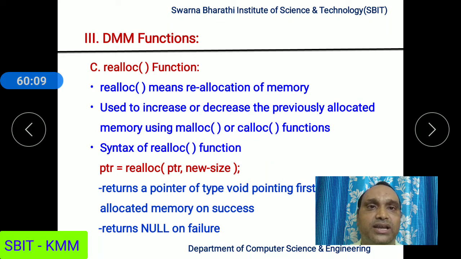Realloc function means reallocation. Realloc means allocation of memory. Means the memory space allocated by either malloc function or calloc function can be modified by using realloc function. Means you can increase the space or you can decrease the space allocated by either malloc and calloc, because in